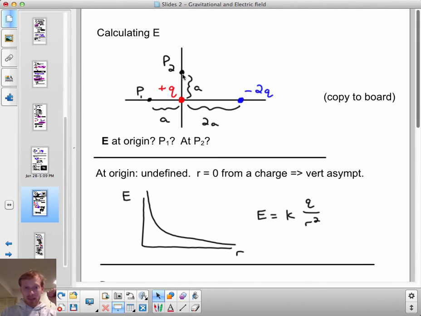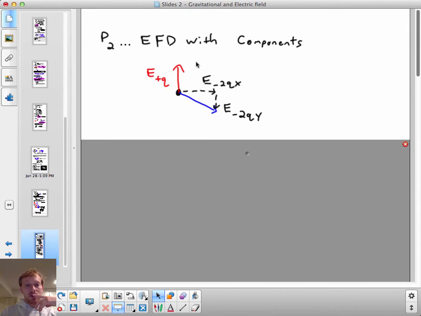I imagine a positive test charge there. A positive test charge would experience an upward electric force from the red positive charge, and it would experience an electric force towards this minus 2q charge. So the minus 2q charge creates a down and to the right